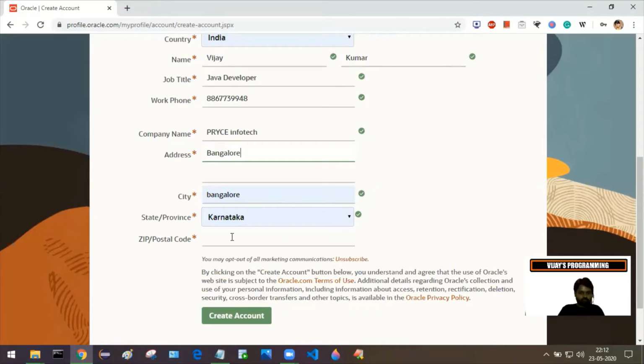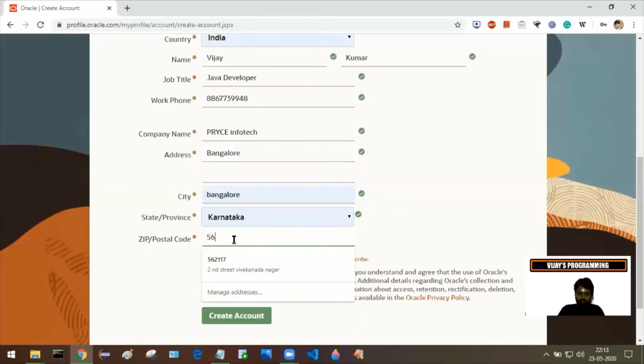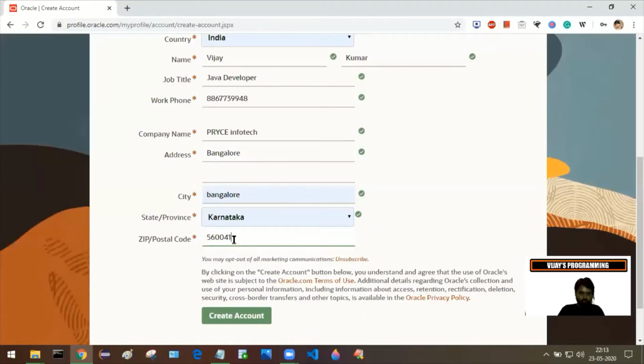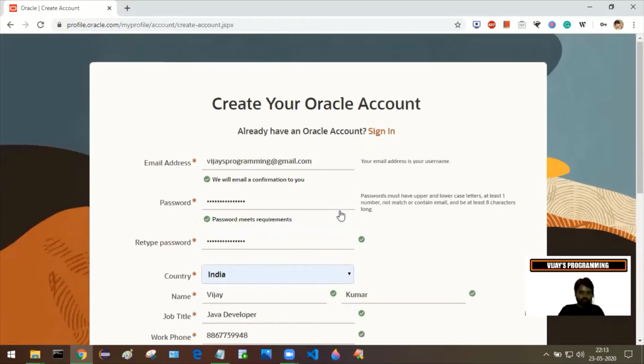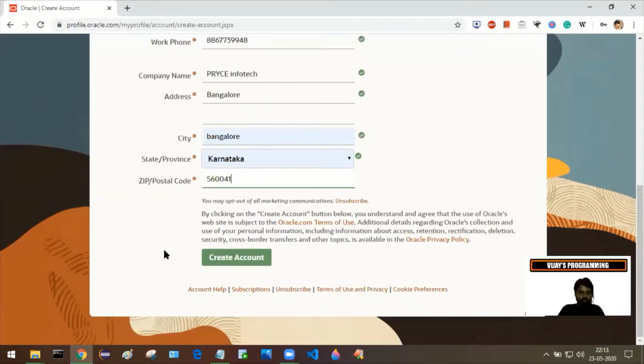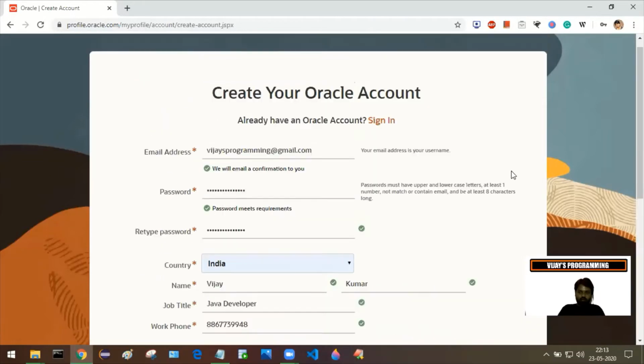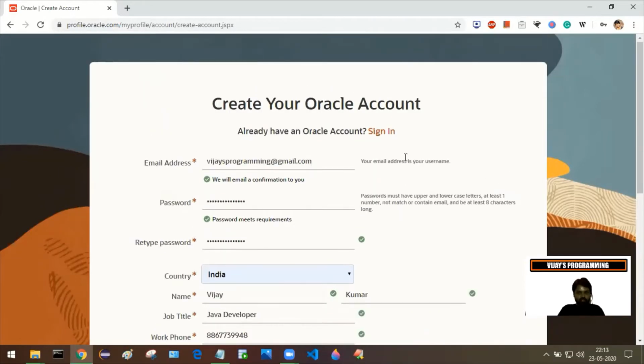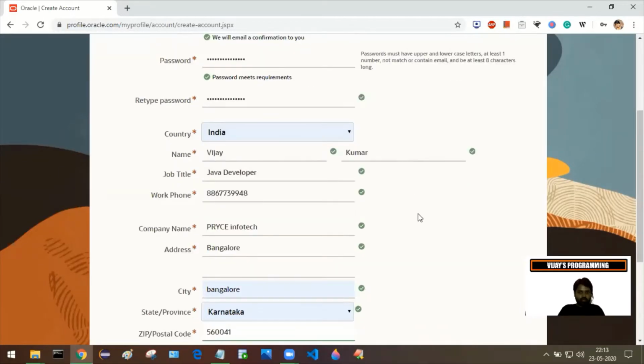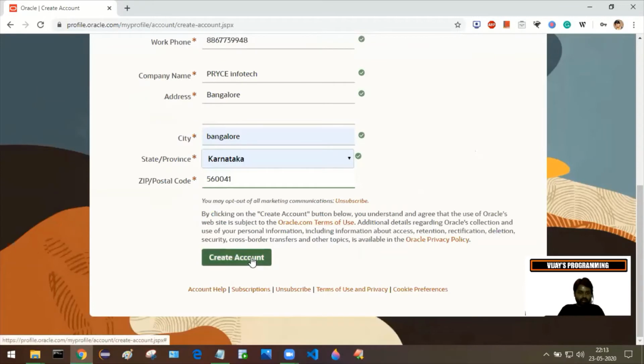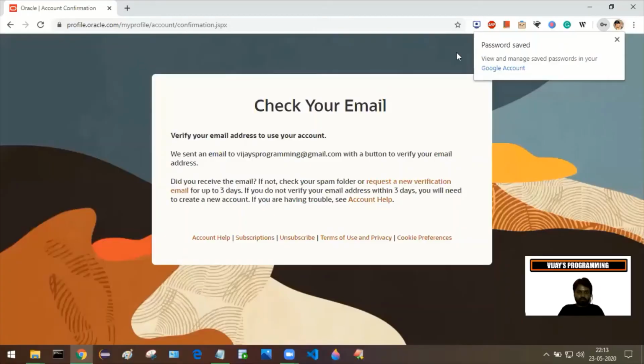Okay. 560041. After filling in all the information on this page, you just need to click on create account. Here you can see the message that says check your mail